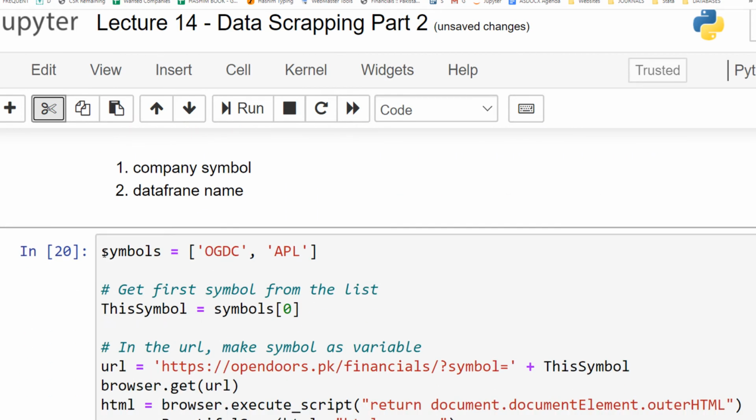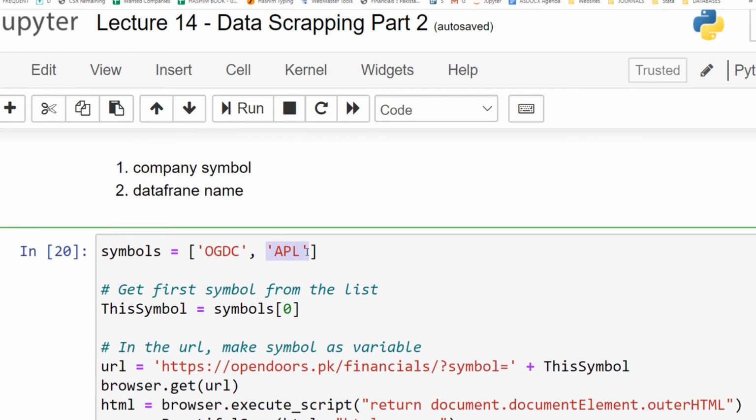So what I am doing here is to define a Python list, and I am writing the company symbols to this specific list. So I call this Python list symbols. This Python list has two elements, two members. One is OGDC, second one is Attock Petroleum Limited.